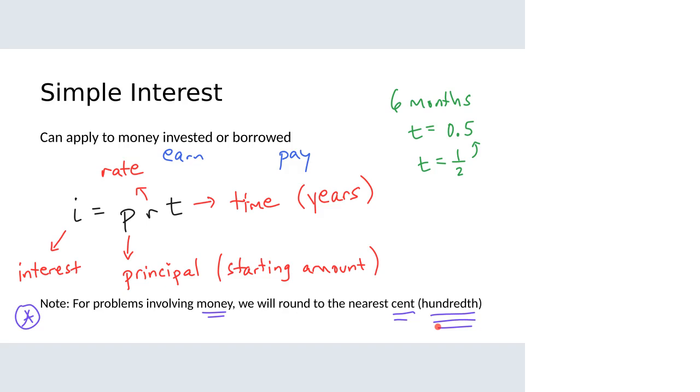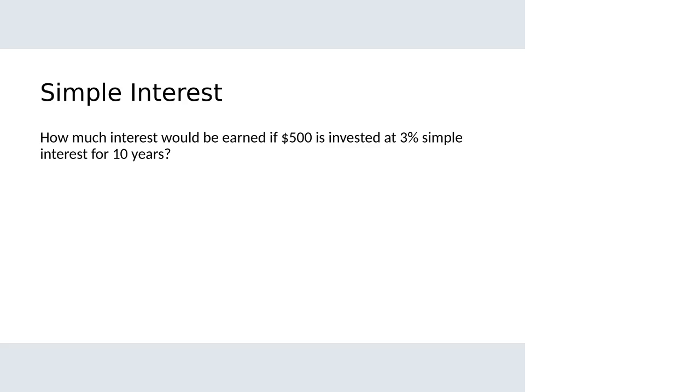All right, let's look at how this simple interest formula works. How much interest would be earned if $500 is invested at 3% simple interest for 10 years? Later on today, we're going to talk about compound interest. And you may be thinking, how am I supposed to know whether I use compound interest or simple interest? And the great thing is the problem will tell you. If you read this, how much interest would be earned if $500 is invested at 3% simple interest for 10 years? So right away, we know because this problem involves simple interest,